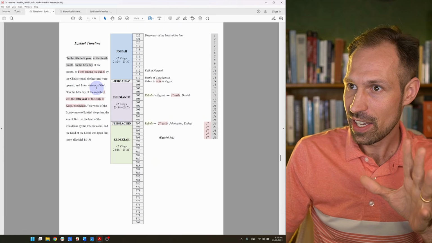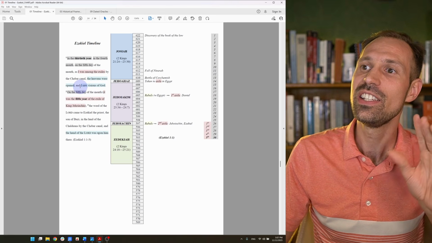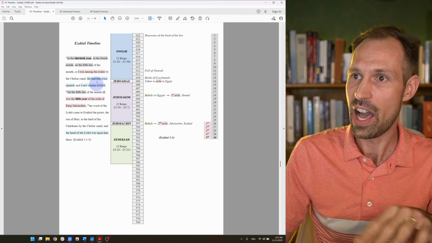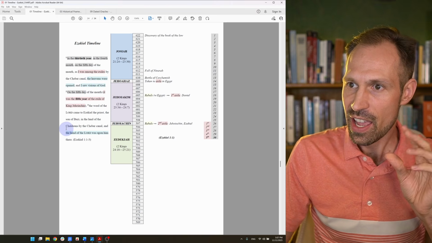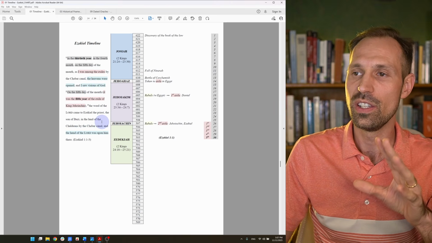Ezekiel. 5 years later, quite possibly on his birthday, Ezekiel is going to be sitting by the Kebar Canal and he will see the glory of God. It says here that the heavens were opened and he saw visions of God. Now these visions are going to be introduced with the phrase, the hand of the Lord was upon me. And this phrase, the hand of the Lord, is going to be used 4 times in the book of Ezekiel.